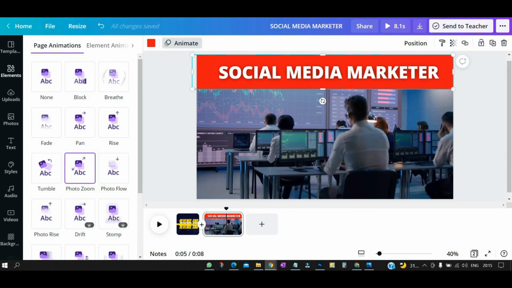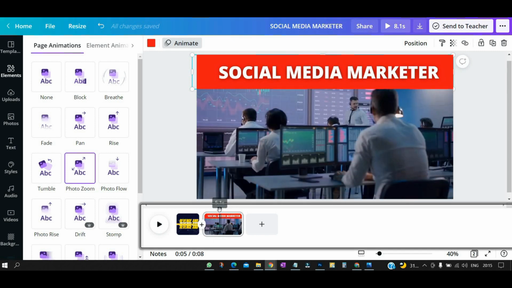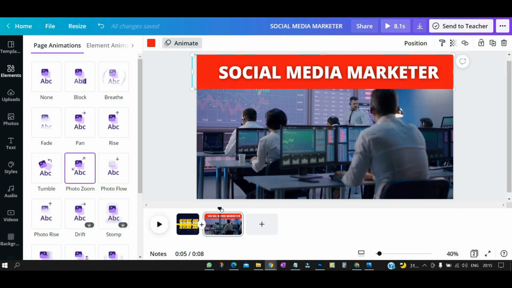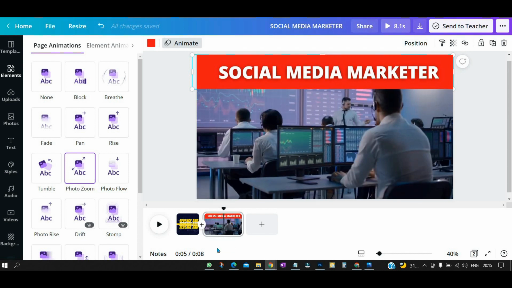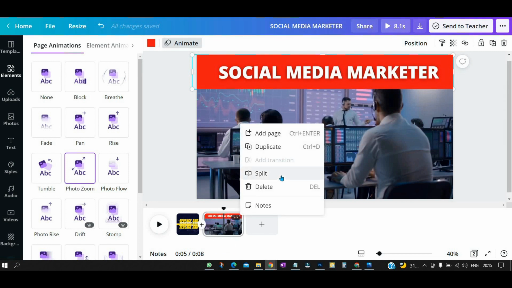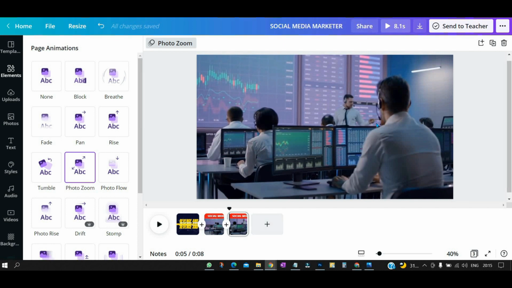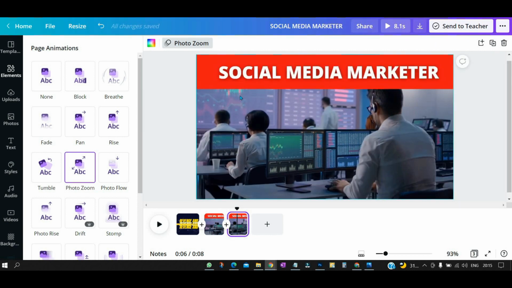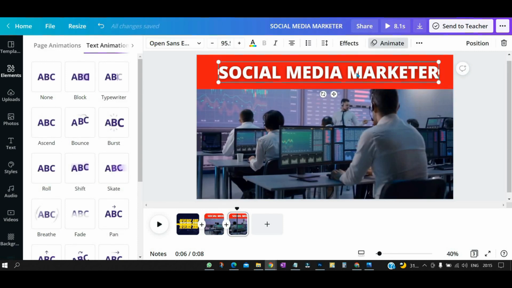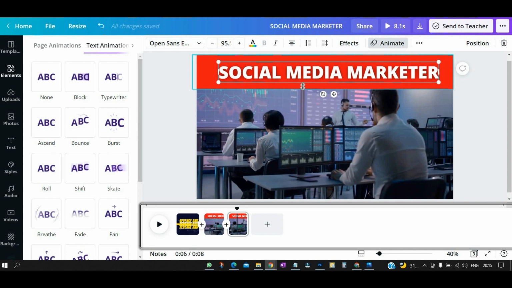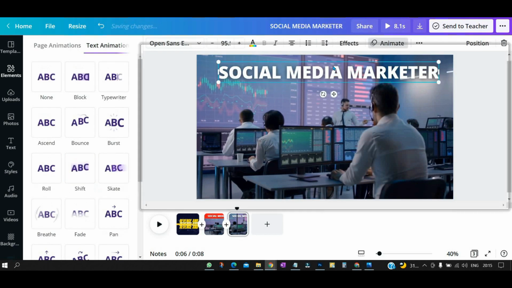Okay, so there is one more feature that you want to see. It is a 5-second long video, and if you see right over here, I don't want the same text to be appearing here also. So what I can do is just click on the three dots here and split the page. After splitting the page, you can see it is divided into two clips. So if I click over here, and this page I don't want in the same video, I don't want these things. So what I'll do, just delete it. So select that and just delete it. Let me delete this one and this one.